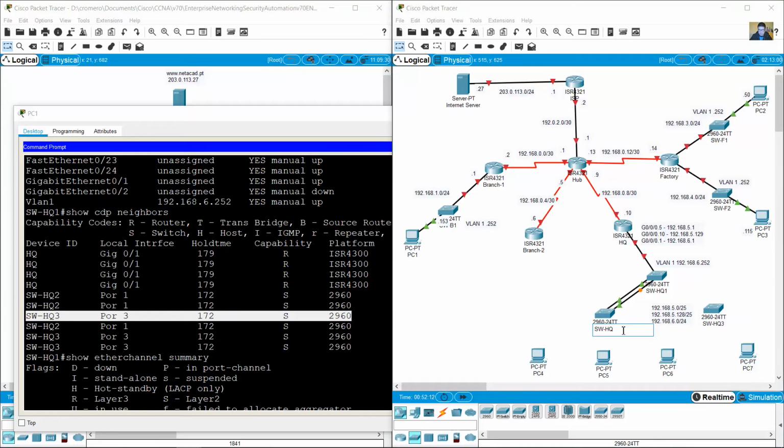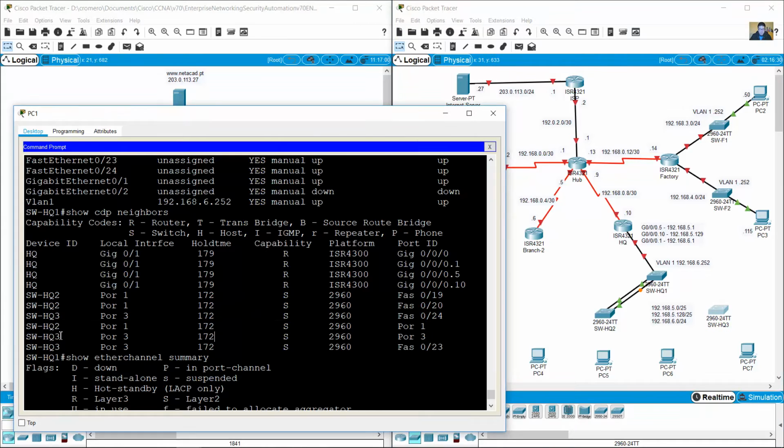This is SWHQ2, and this is SWHQ3. Okay, port channel 3 to 24 and SWHQ3. Port channel 3 is virtual, and the real, physical connection is this FastEthernet 24 on the other side,